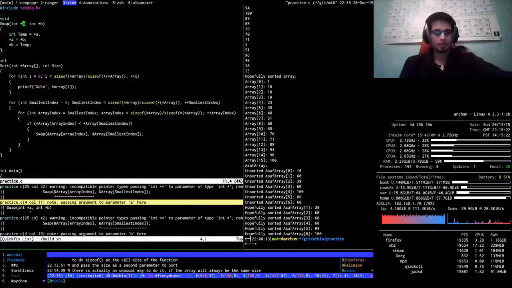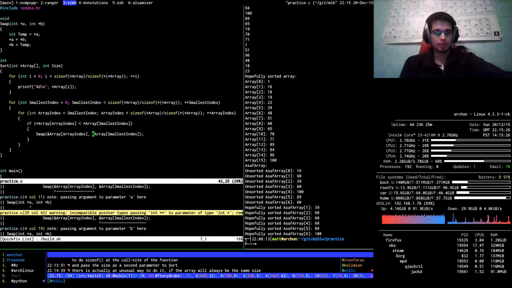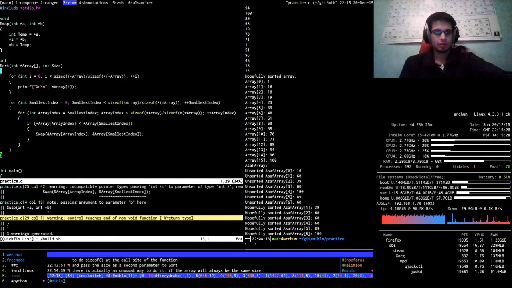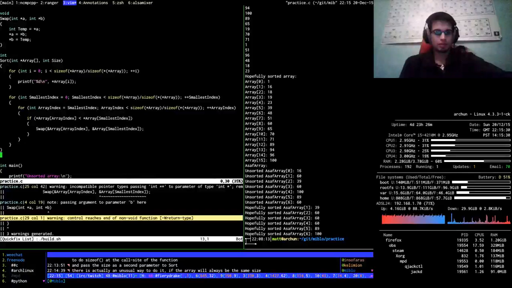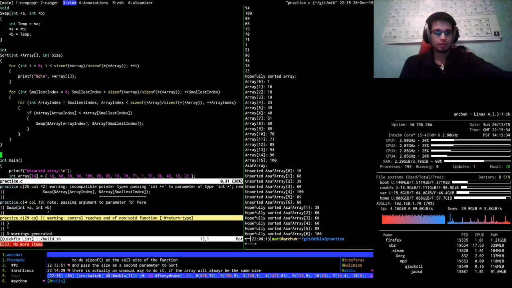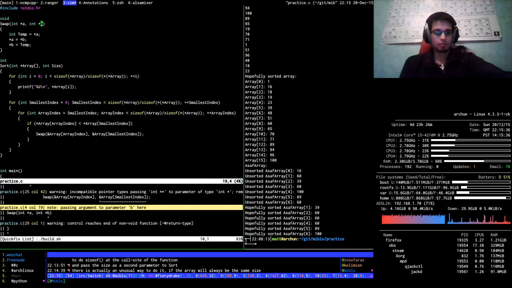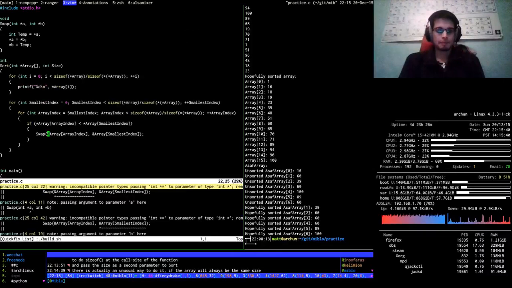What is my error here? Possible pointer type.